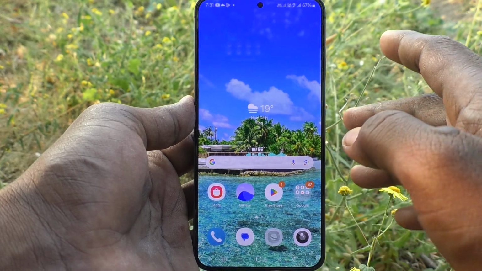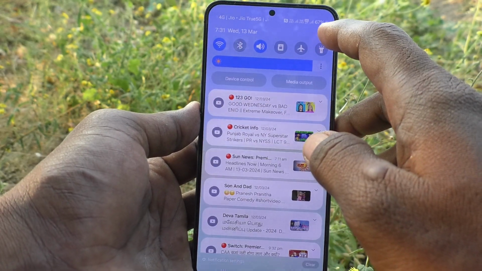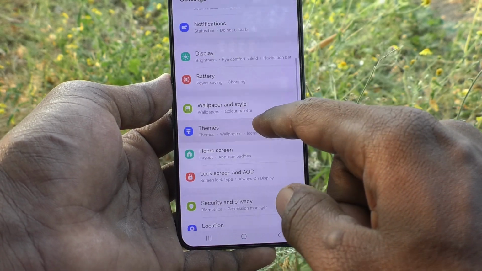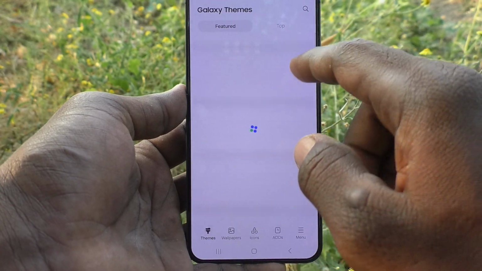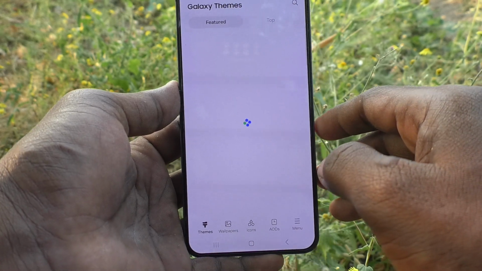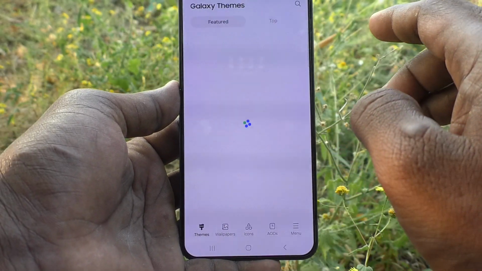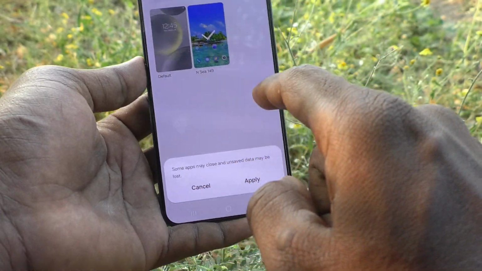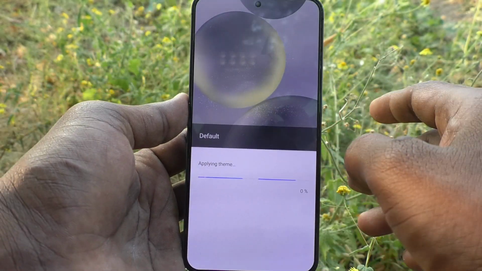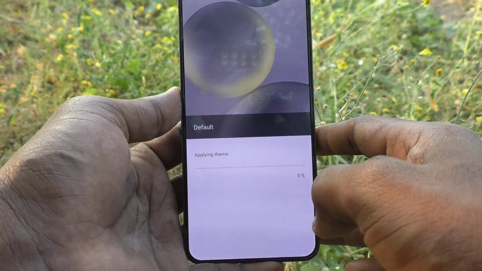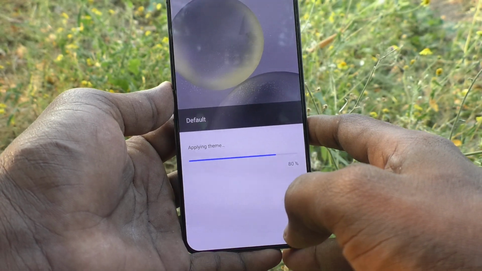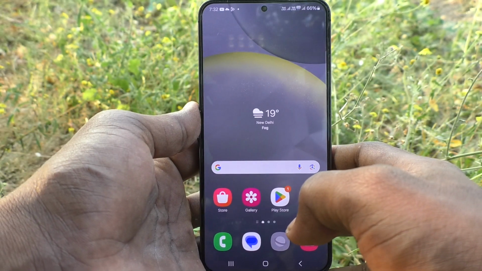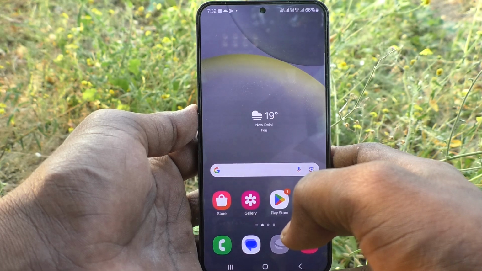Okay, suppose if you would like to change back to default theme, again go to the same settings, then go to themes, and here you go to click on my stuff. Click on my stuff and select default one and click on apply, and theme will be changing back to default theme. Okay, just wait. Yes, so in this way you can easily change theme in your phone Samsung Galaxy S24